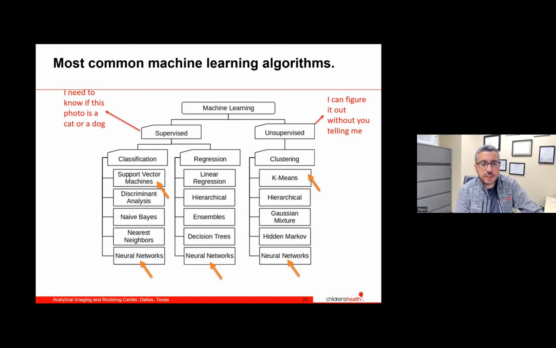So what is the difference between supervised machine learning and unsupervised? In supervised, the computer is telling you, I need to know if this photo, for example, is a cat or a dog, so you have to do the labeling for me. You have to tell me what is normal, what's abnormal. You need to tell me if it's a cat or a dog. Versus unsupervised, the computer tells you, you don't need to tell me what is a cat or what's a dog. Just give me the features, and I can classify this data based on the information you give me. So if you don't know if it's normal or abnormal, you don't have to tell me. I can figure it out by myself. So that's kind of the idea. What's the difference between supervised and unsupervised?